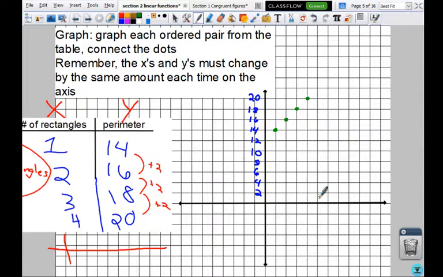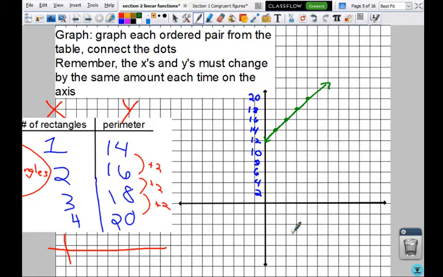Because we are graphing linear functions, we can't leave it as dots. We got to connect the dots, because linear functions are lines. So right now, this isn't a line yet. It's just a bunch of dots. So I'm going to make it a line just by connecting my dots and going a little bit farther out,